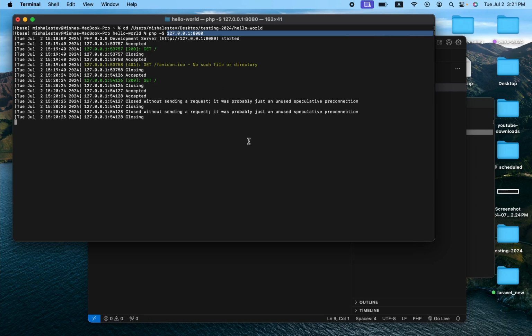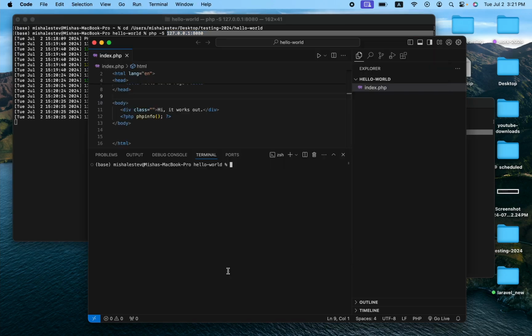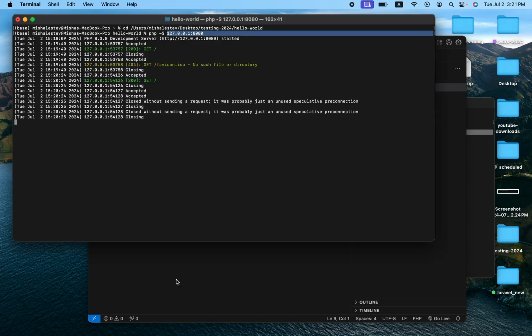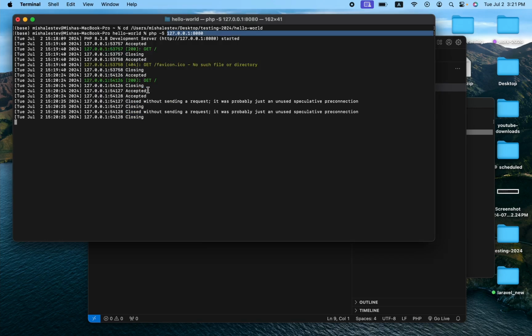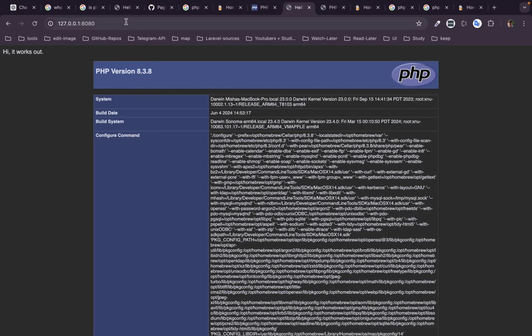And I'm saying, yeah, that's exactly what I want. Please interpret my PHP. And what this server does is that when it sees PHP in its structure, it says, I found PHP. Wait a second, I have to interpret it. And once it knows what to do, it goes like,